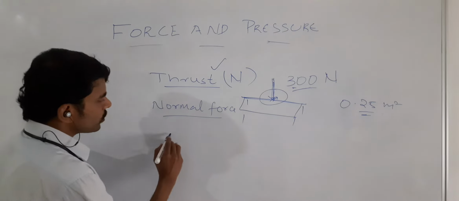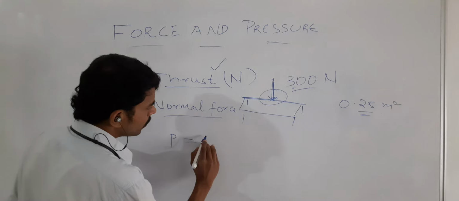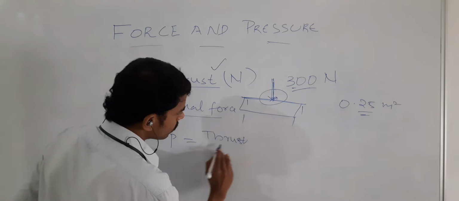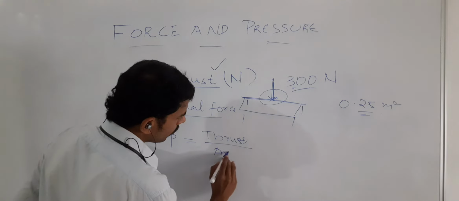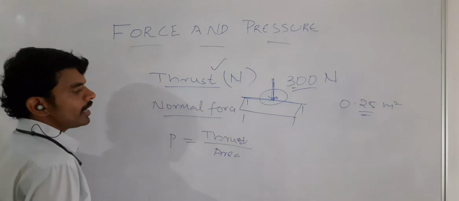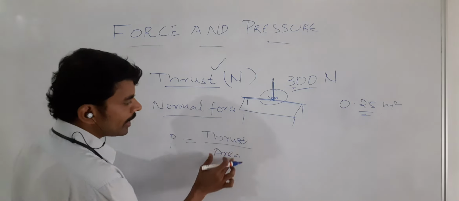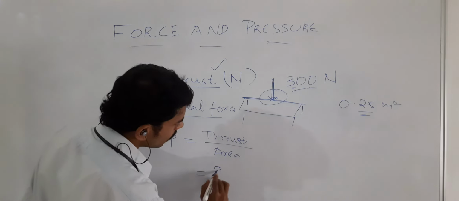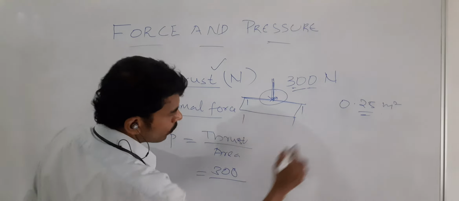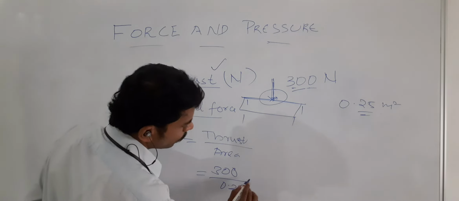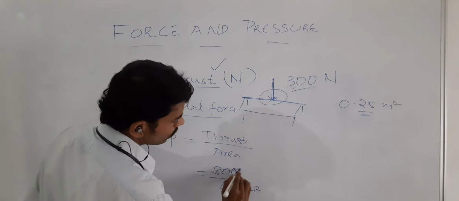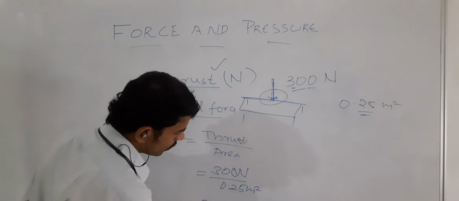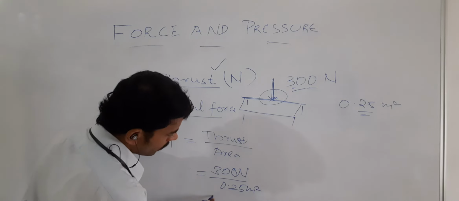Now pressure is equal to thrust by area of contact. Thrust by area of contact, or normal force by area of contact. What is the normal force? What is the thrust? Thrust is 300. What is the area of contact? 0.25 meter square. So 300 Newton divided by 0.25 meter square, which is equal to